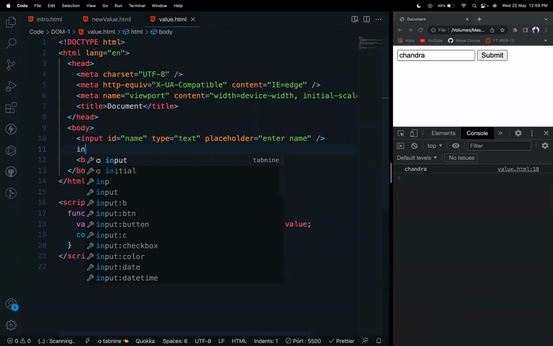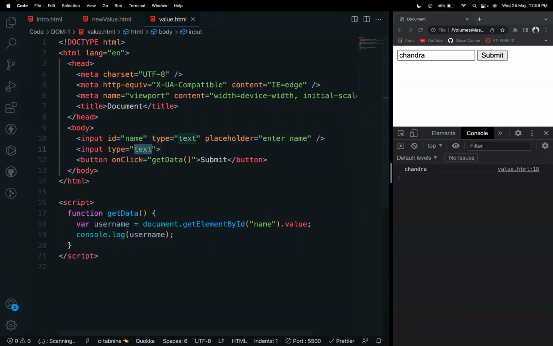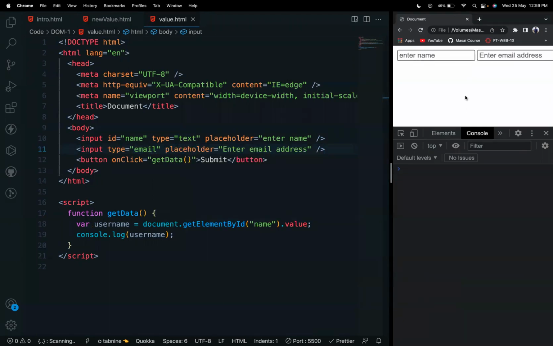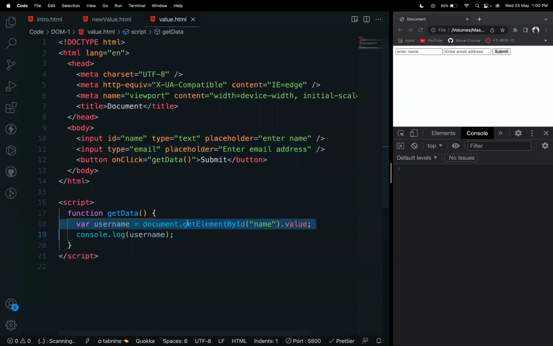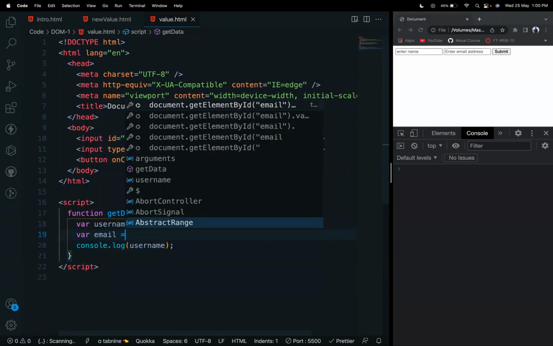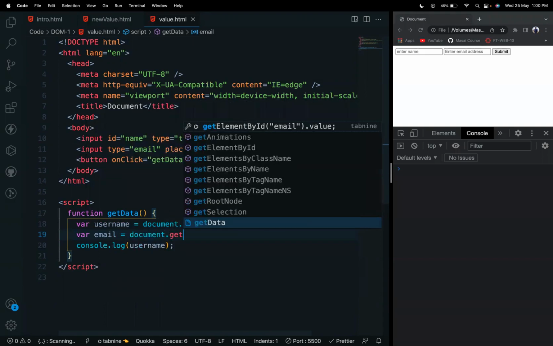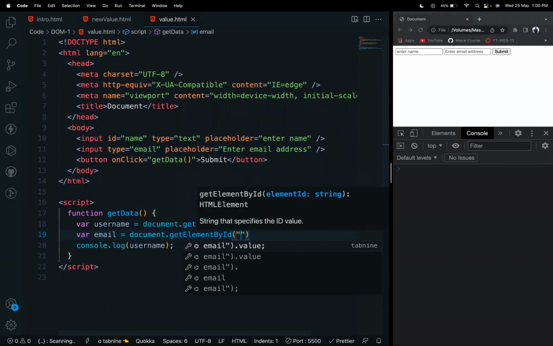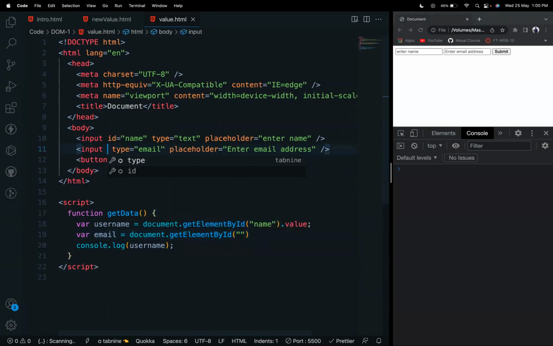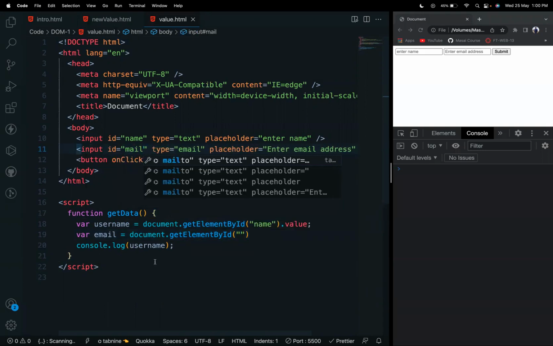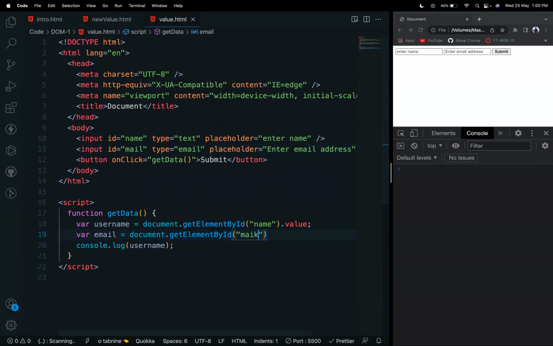Suppose I have one more input tag, of type email and placeholder enter email address. Now if I refresh the page, I'll get two input tags. I want to get the values from both name and email. So along with username, I also want to catch the email. How can I catch it? var email is equal to document.getElementById. What is the ID for email? I'll give an ID to this: ID equal to mail. So getElementById("mail")